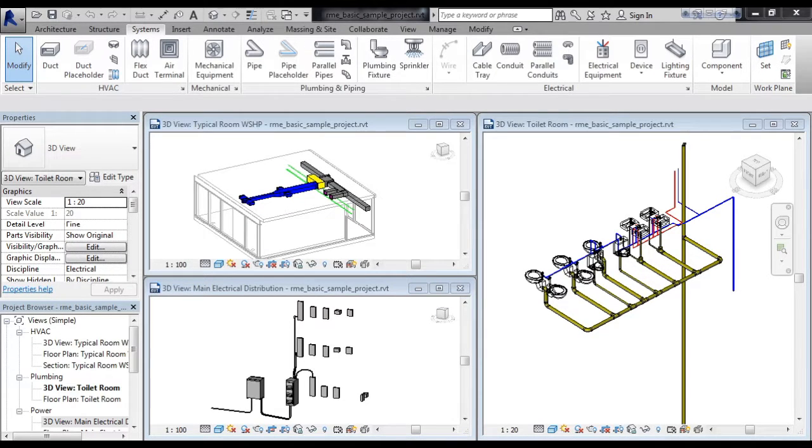In this first lesson, we'll look at an overview of Revit MEP version 2015. We'll also review what you'll learn and cover in this course. So to start out, what is Revit MEP? Well, MEP stands for Mechanical, Electrical, and Plumbing. Revit being a three-dimensional modeling tool, a BIM tool, which stands for Building Information Modeling, focuses on those three disciplines,